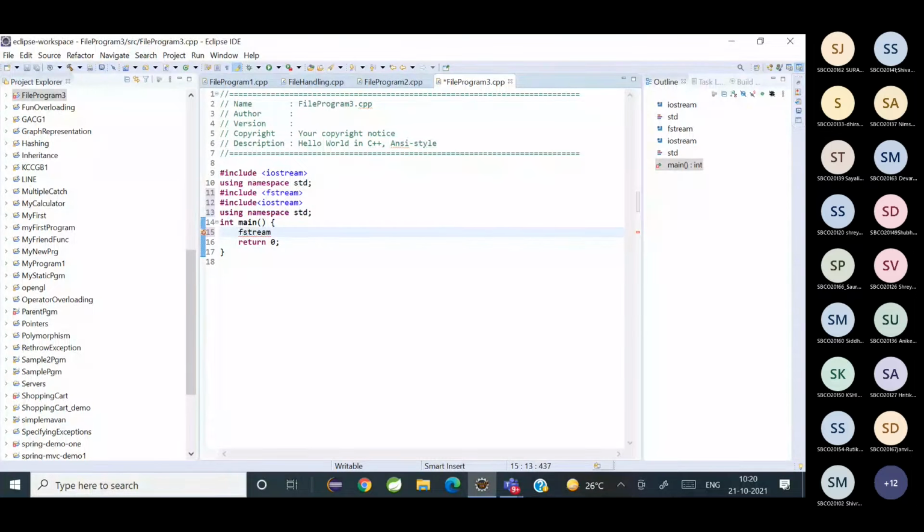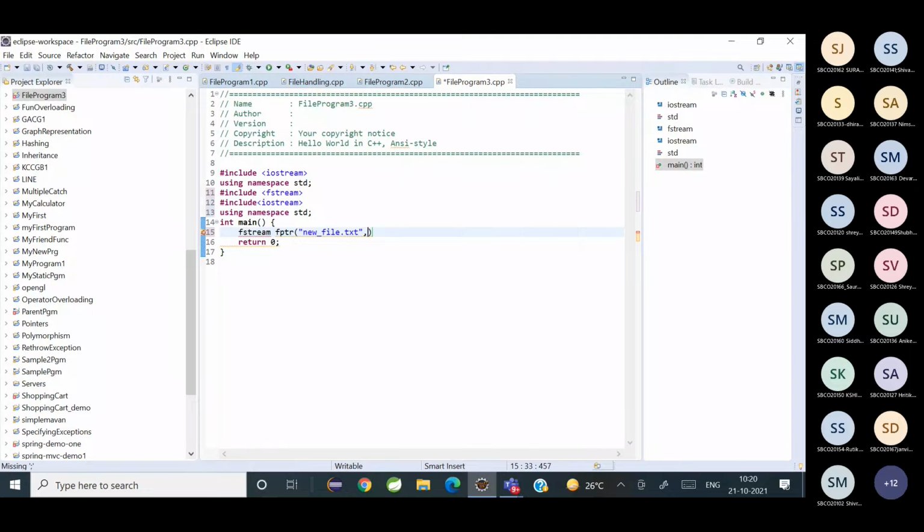You can see F stream, and suppose I take fptr, this is the file pointer I'm using. I can use F stream for both input and output. Suppose I create a file, say newfile.txt, and comma, the mode.